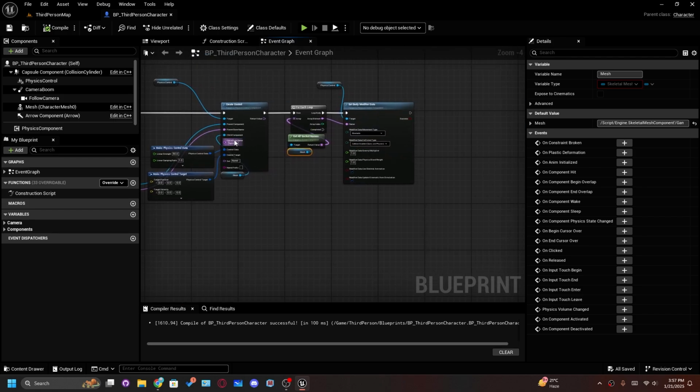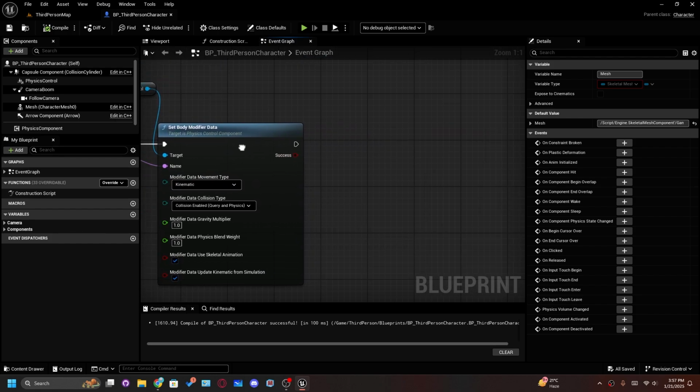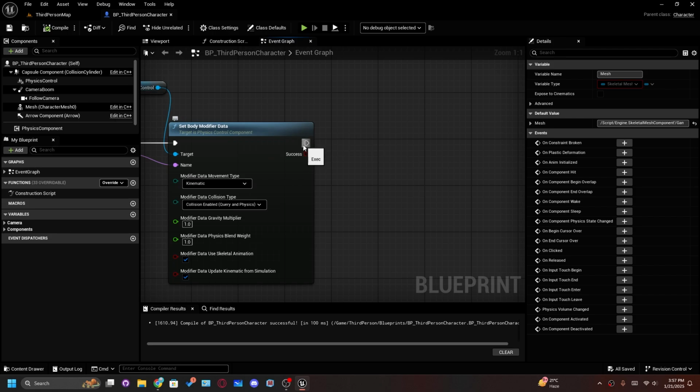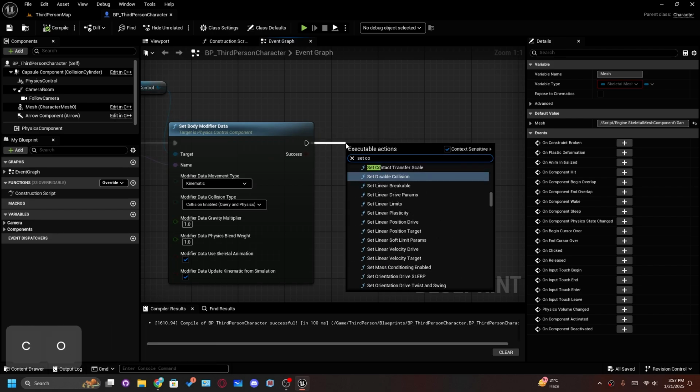stuff with the hand. So what we want to do is, when our mesh do attach this, right after setting all of these things, we are going to get and say that collision